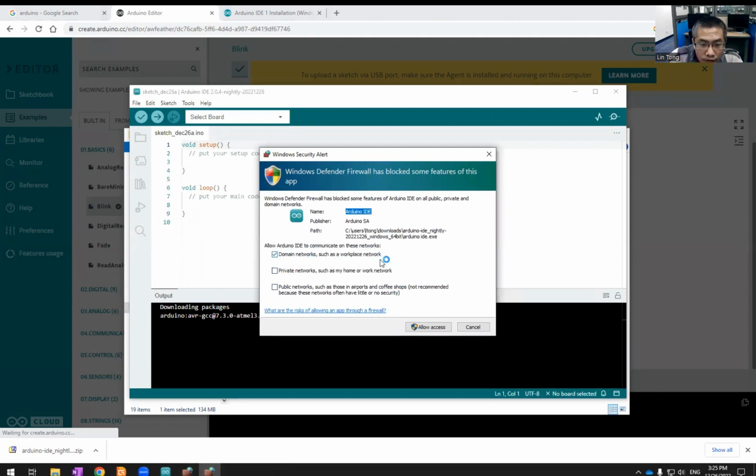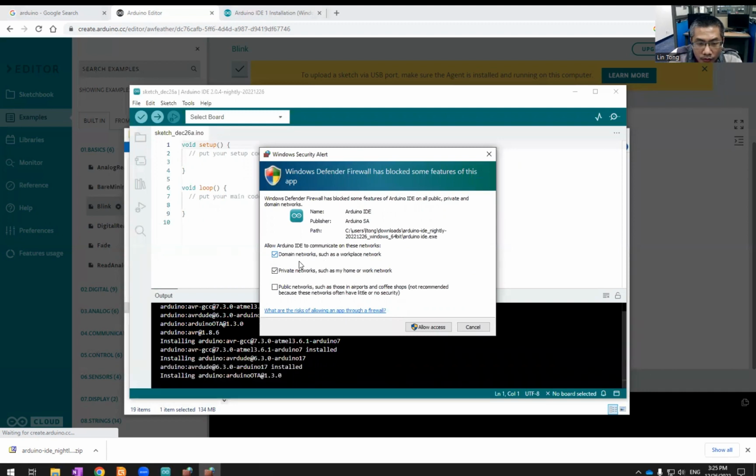Okay, so here if you are installing this on your home computer, you can just click the private network. And if not, for example, you are working at school, you can just leave it as the first one and allow access.